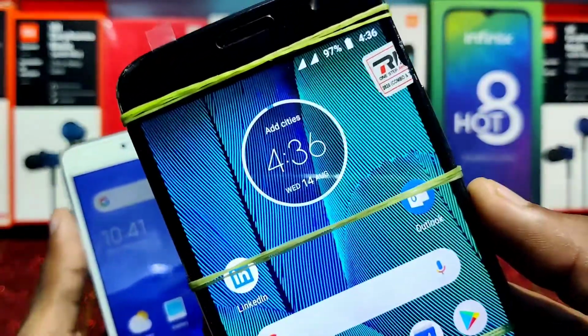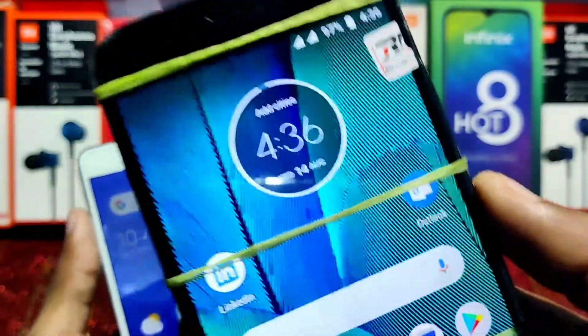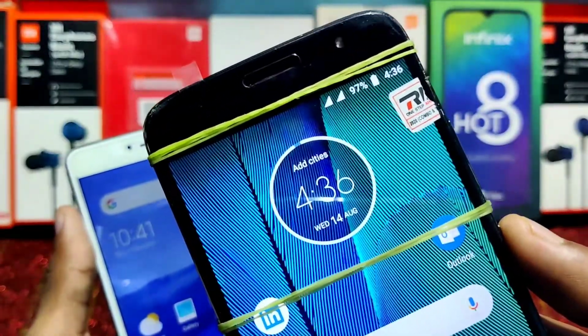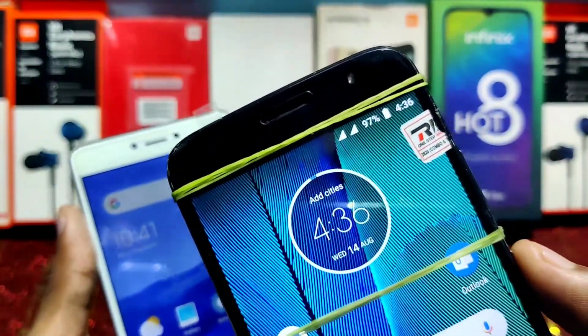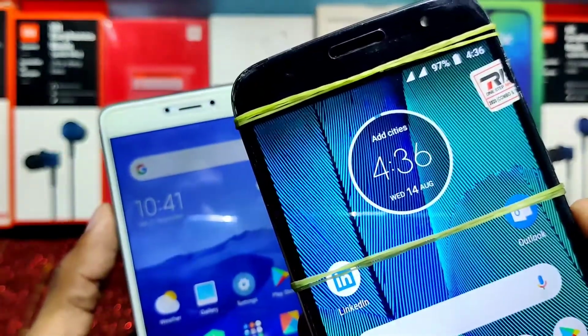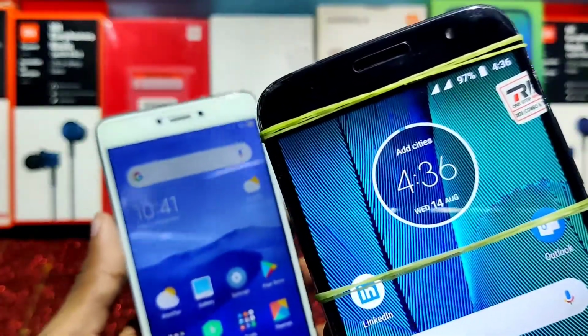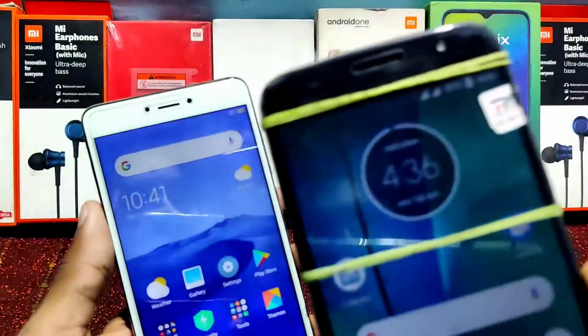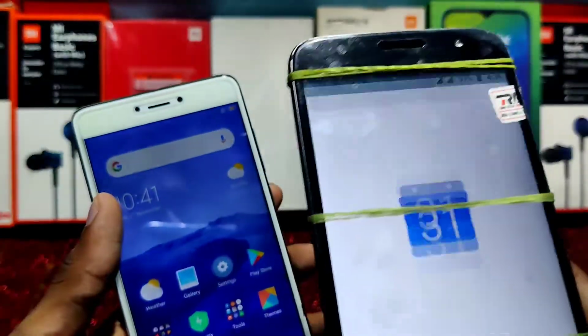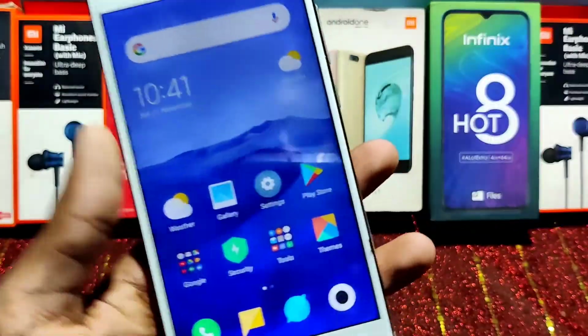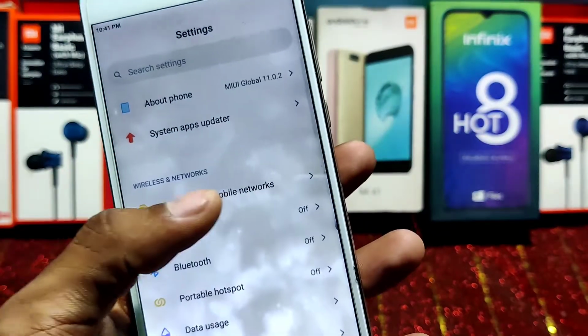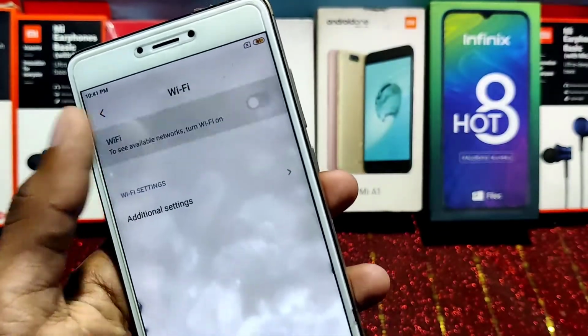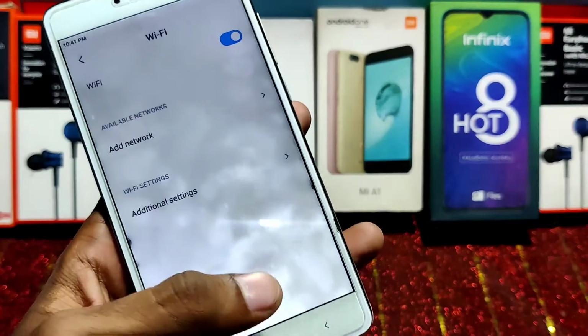If you are flashing or downgrading and your device goes into a boot loop, then you have to format data and flash the ROM you want to downgrade to. Then you have to flash the lazy flasher, otherwise it will not work. Format data is necessary if you are downgrading. And this is my Redmi Note 4. There is no issue at all. I have successfully booted it. Wi-Fi, hotspot, everything works here.